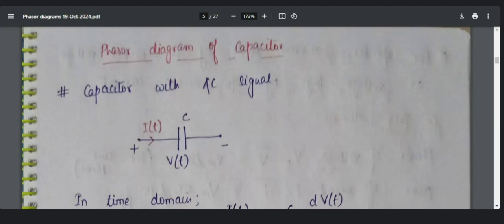Okay. If the three things are clear now, then when we proceed to RL series or RL parallel, it will be very much similar to it. So even if I could not explain, you would be able to understand with the notes. I'll provide you today only. Right now only I will send you. Okay. So if you need notes or you don't need it,